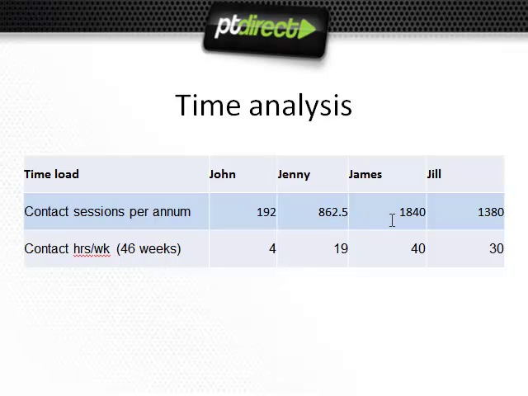Jenny's got quite a few, James has got a heap, and Jill's between Jenny and James. Okay, so if you break this down on a 46-week year, you can see the numbers here. Now what we'd say about these numbers is 40 is probably a wee bit high, and 30 is nice and comfortable, because these are just contact hours, so you can expect maybe another 8 to 10 hours a week of